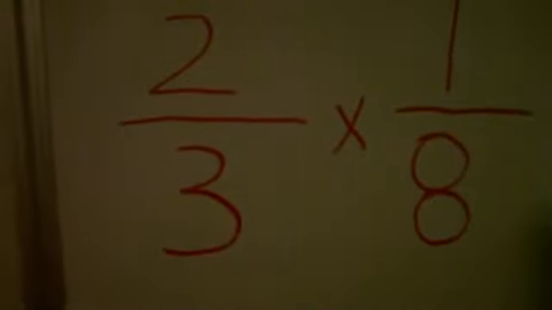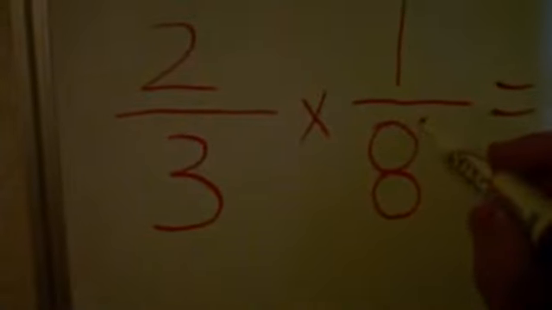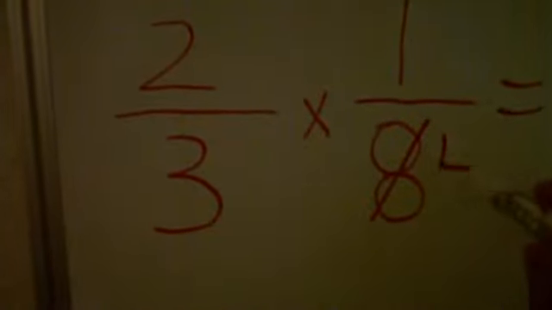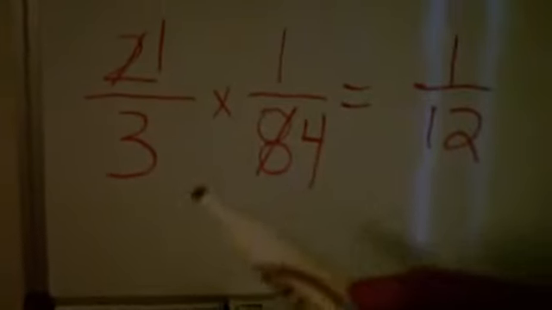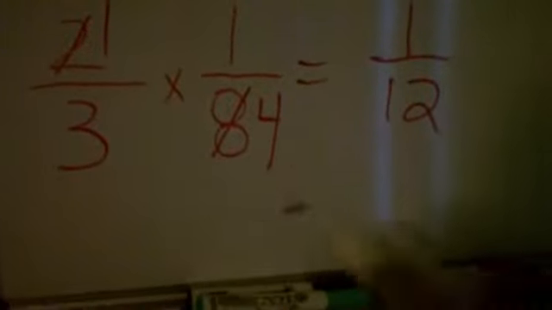2/3 times 1/8. You can reduce the 2 and the 8 because they're both divisible by 2. You got 4. 1 times 1 is 1. And 3 times 4 is 12. So that becomes 1/12. So you got 1 times 1 is 1. 3 times 4 is 12. Okay, moving along, we got